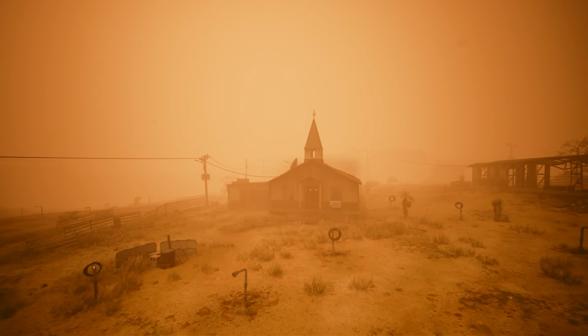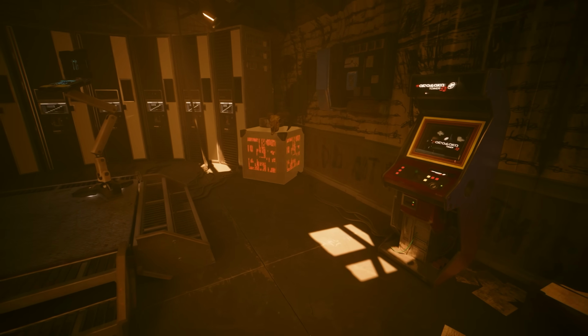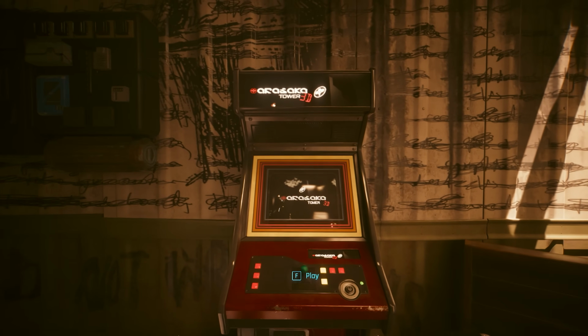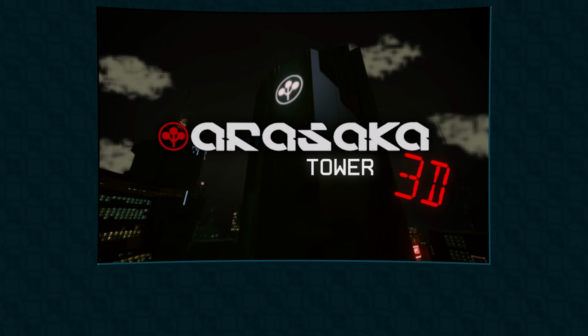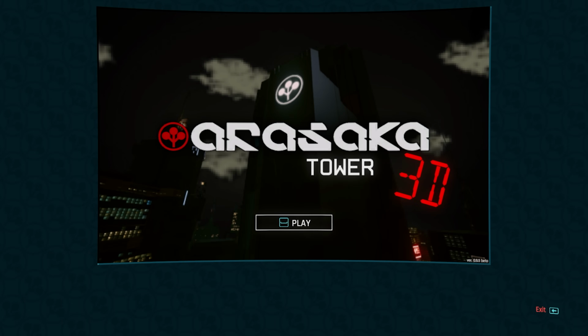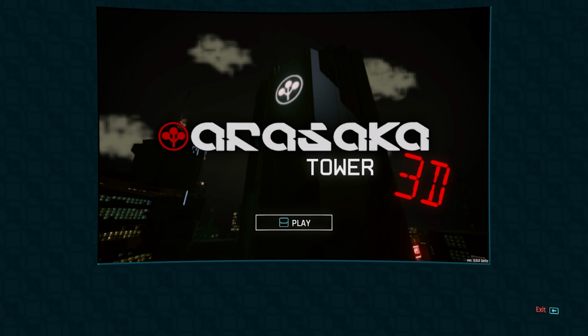Now, jumping back to the church, we'll notice that there's an old arcade which is directly hooked up to the platform by the mainframe. This game is Arasaka Tower 3D. Within this game, we too can see our first ever true connection to FF06B5 directly, as the top score on the video game is by Polyhister and has a score of, you guessed it,